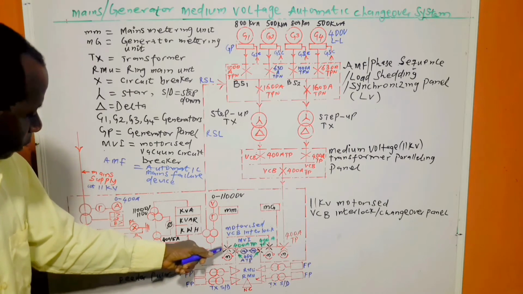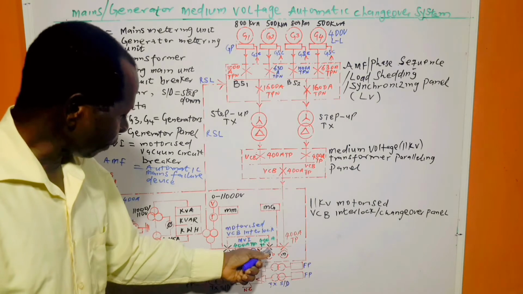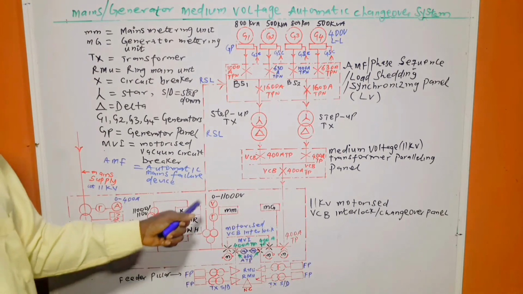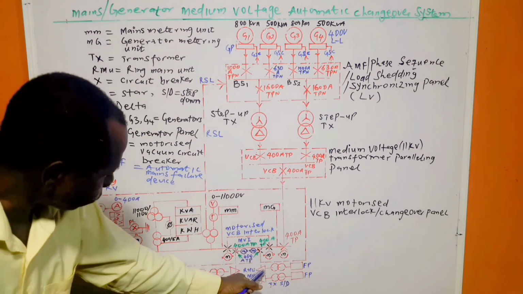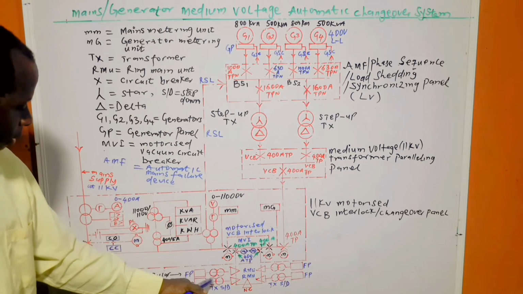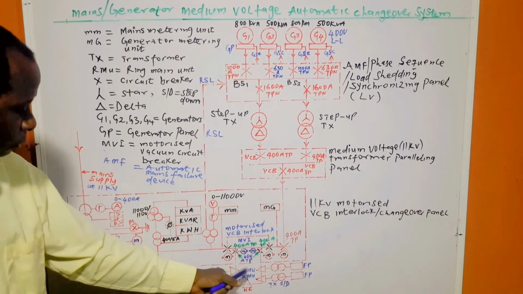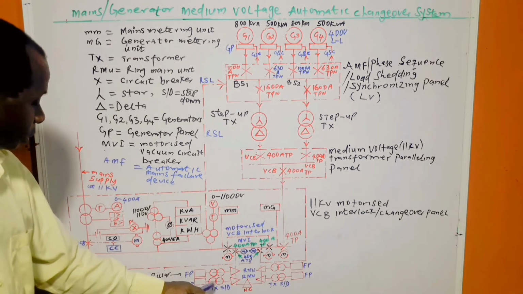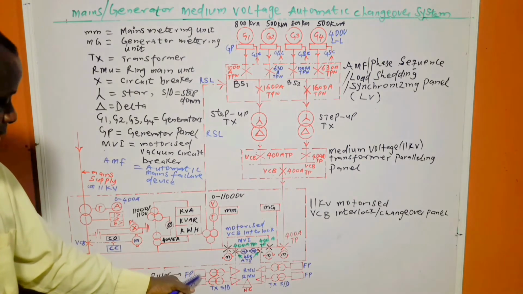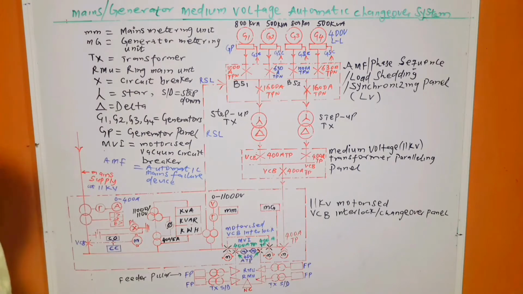This is the circuit breaker on the main side, and this is the circuit breaker on the emergency power supply side. So here we have the RMU, okay, which supplies power to the step-down transformer. These are step-down transformers, and eventually the step-down transformers supply power to the feeder pillars. These are feeder pillars. And from the feeder pillars, power is supplied to different locations around the feeder pillar